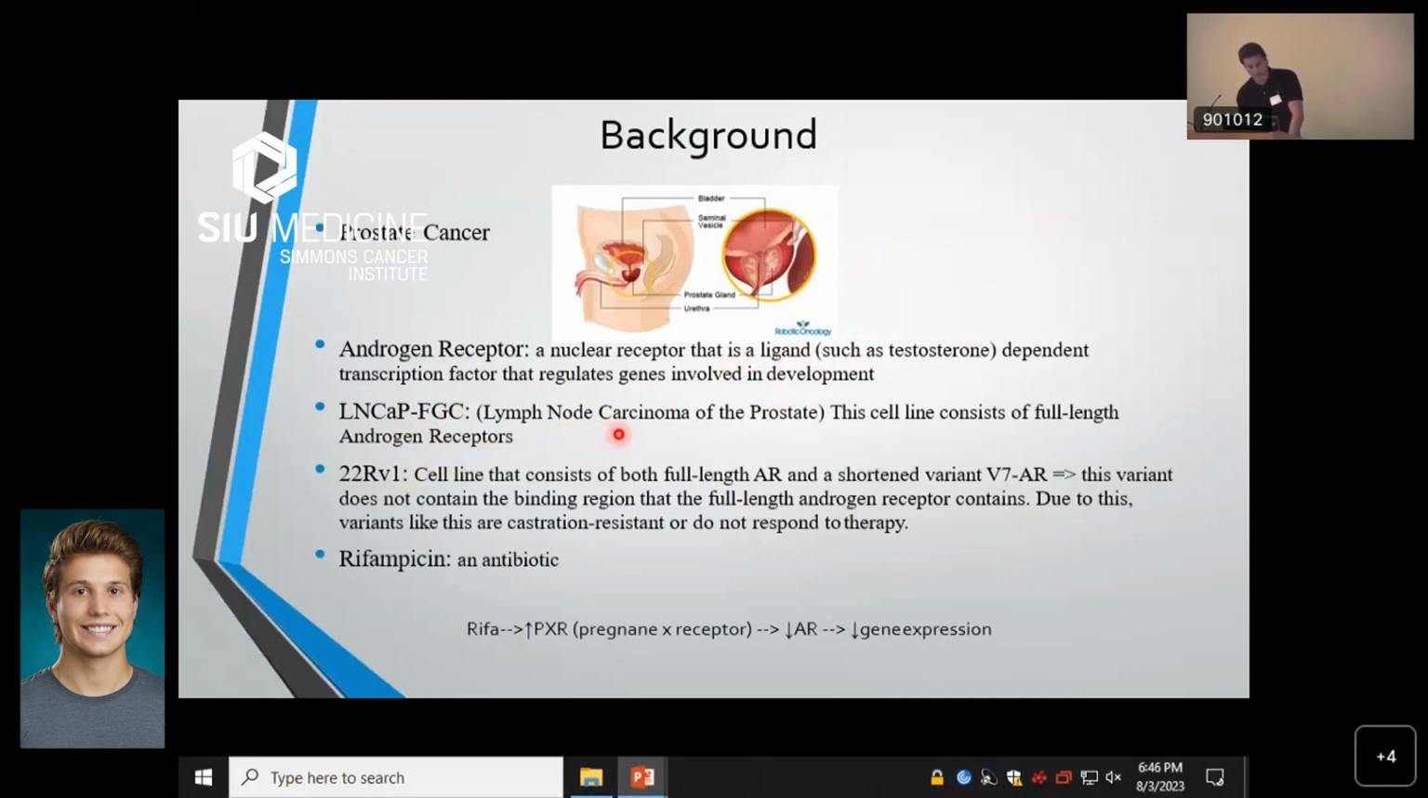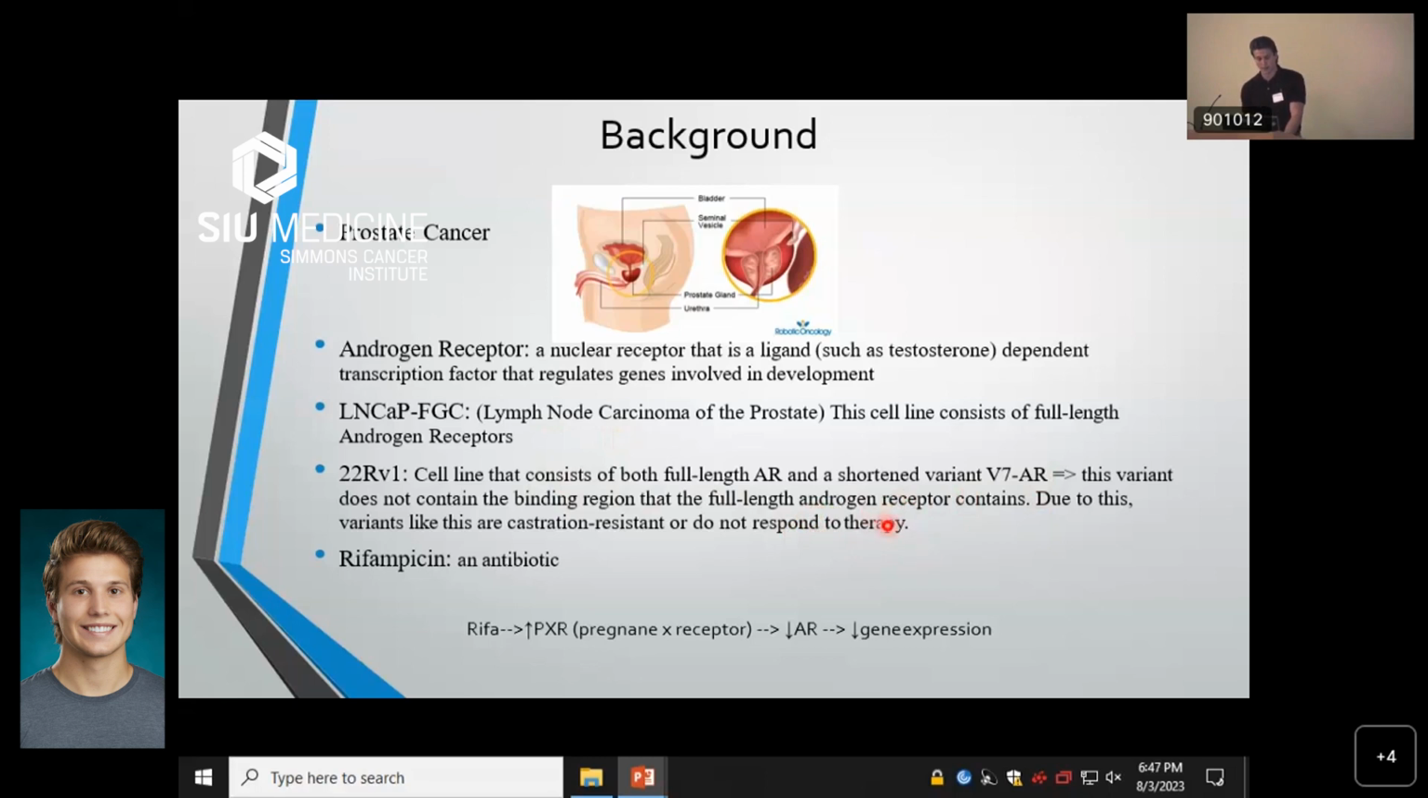The LNCaP FGC cell line consists of the full-length androgen receptor, and the 22Rv1 cell line has both the full-length androgen receptor and the shortened variant V7AR. This variant does not contain the binding region that the full-length androgen receptor contains. The portion it's missing would be the binding region. This is what castration-resistant cancers consist of,